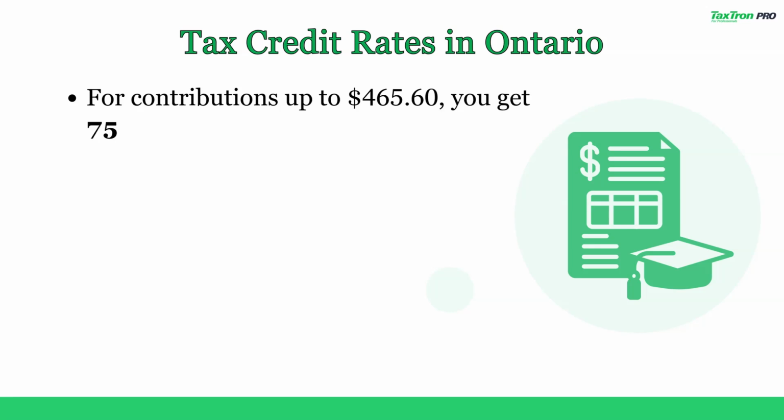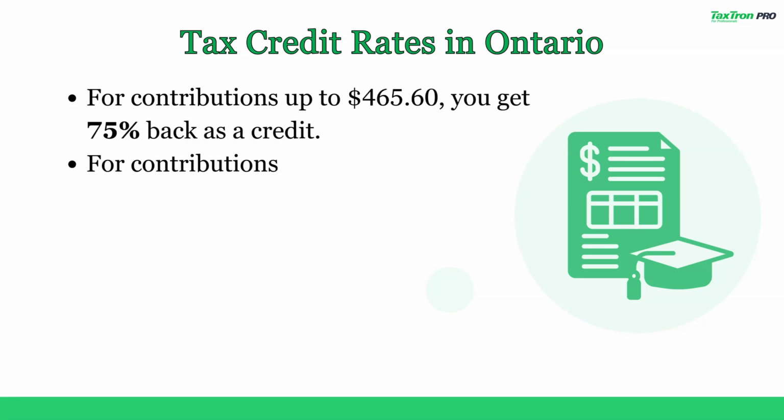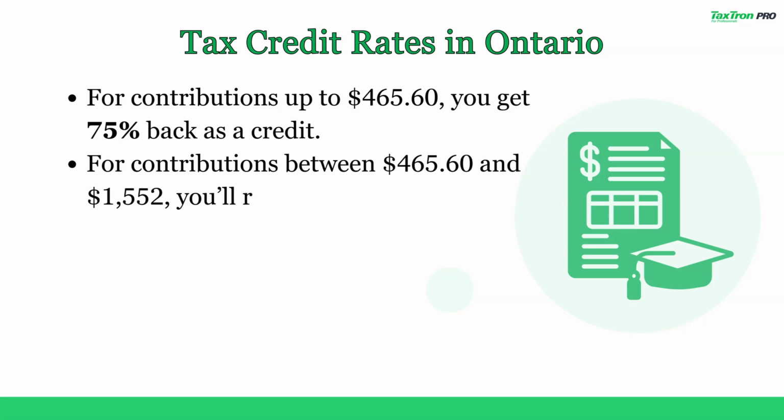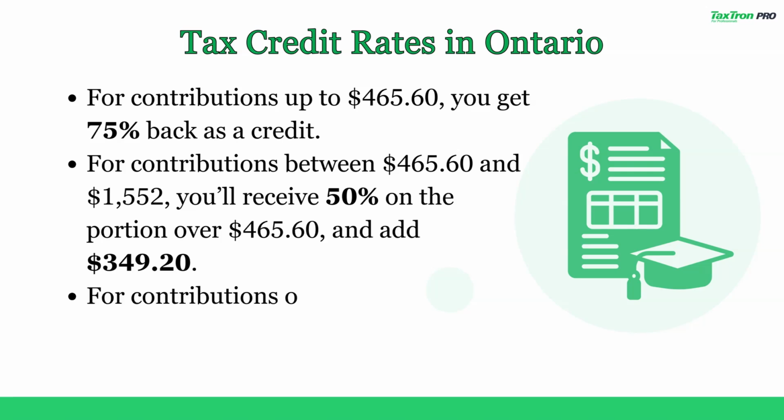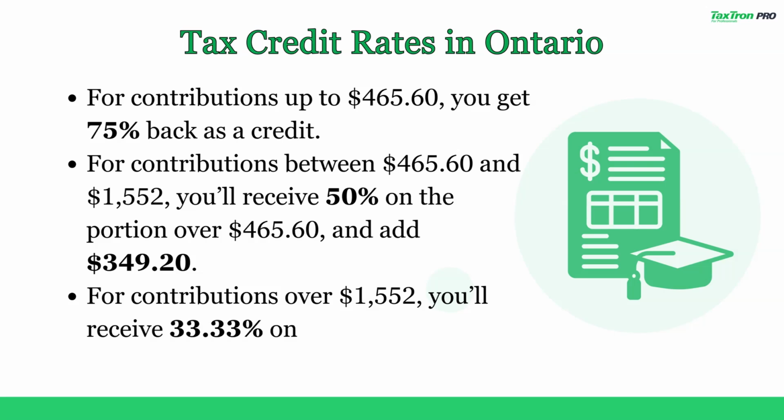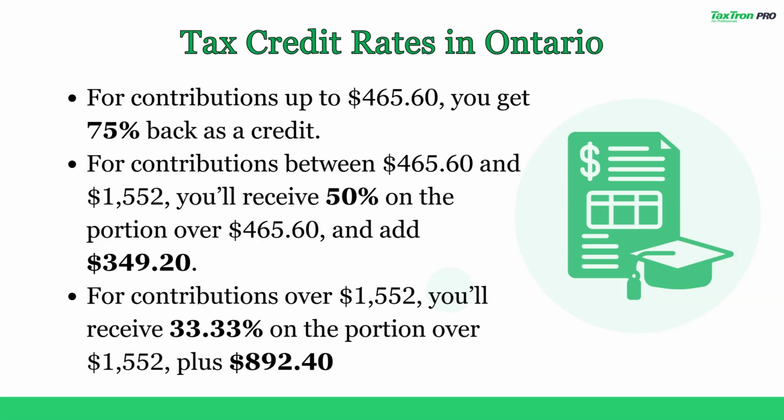Tax credit rates in Ontario. For contributions up to $465.60, you get 75% back as a credit. For contributions between $465.60 and $1,552, you will receive 50% on the portion over $465.60 and add $349.20. For contributions over $1,552, you'll receive 33.33% on the portion over $1,552, plus